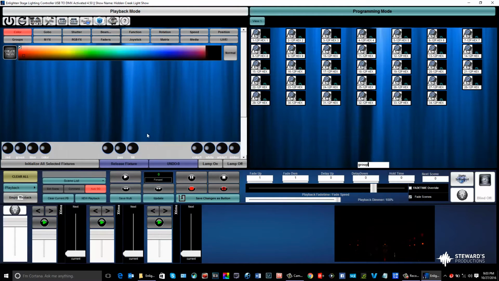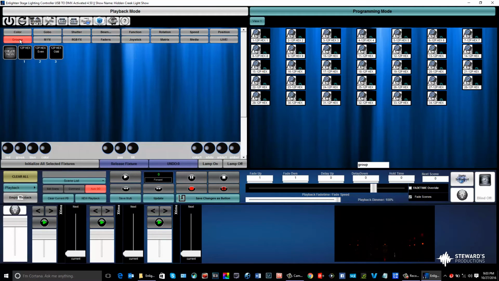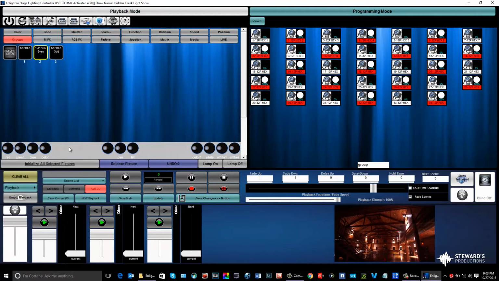So even the same thing over here. Let's go ahead and do a scene that is all the even numbers and all the odd numbers, two different colors, which is kind of cool. So we're going to go ahead and select the group button. Just makes it a lot easier. So we're going to hit even, initialize. We're going to go ahead and set the color for those. So now we got every other light in the venue